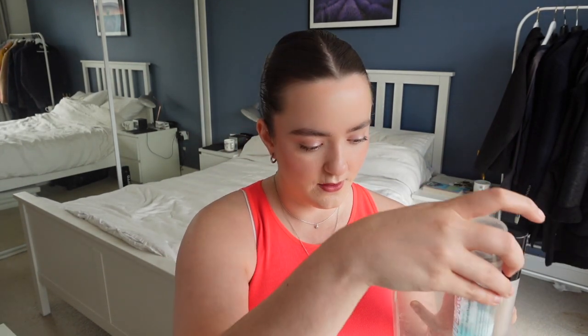How exciting. So let's pop everything back in a little tub. I feel like I'm gonna drop something, but you know, live life on the edge. There you go. Project 10 pan. The products I'm trying to use up for the next month, all in this little container, which is very exciting. So I'm excited for the new categories, the new products. It does feel like a slight refresh, which I feel like I haven't had in a few months. Loads of new products all at once because,